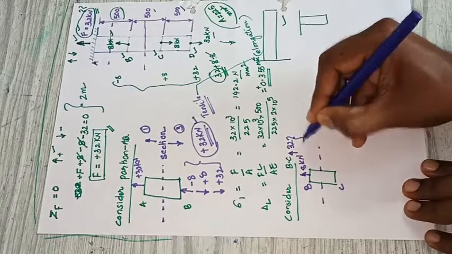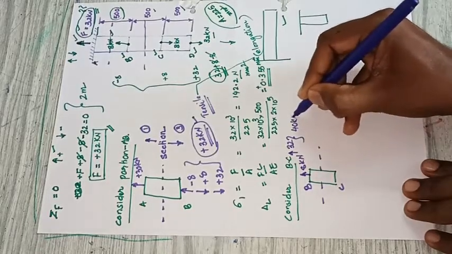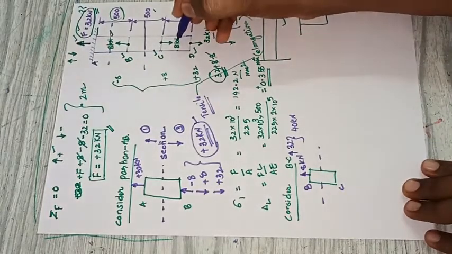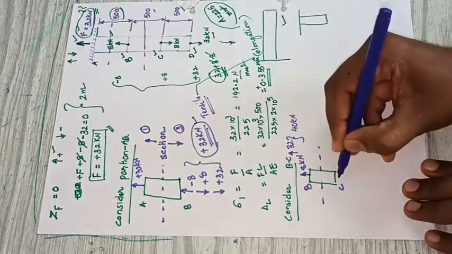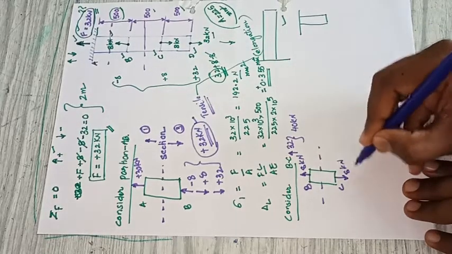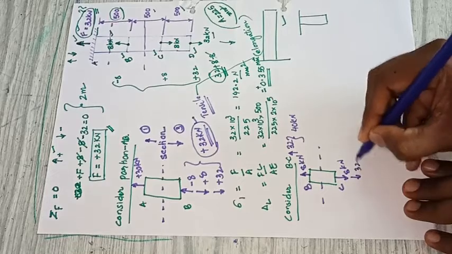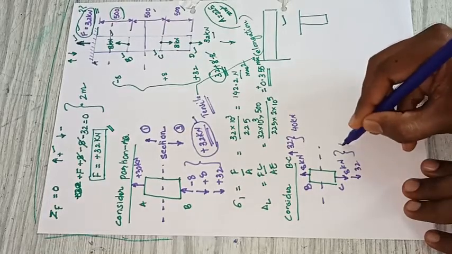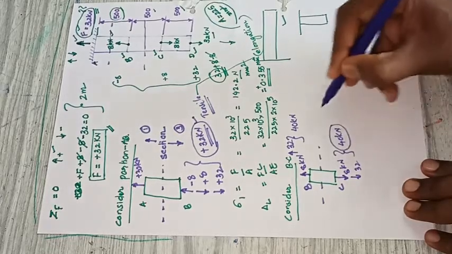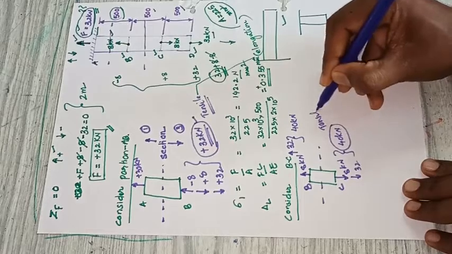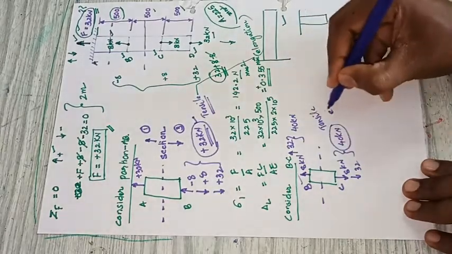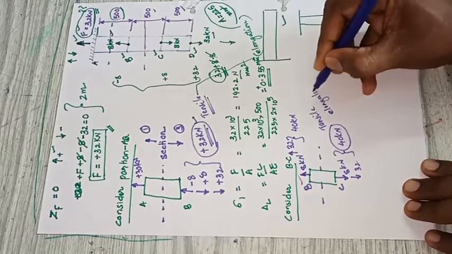I will make a summation of that. It is 40 kilonewton, acting above the section. Then I will consider the forces below. Both are acting away from the cross section. It is 8 kilonewton as well as 32 kilonewton. If I make a summation of that, it gives 40 kilonewton. That means 40 kilonewton tensile force is acting on the portion BC. Tensile force means there is an elongation in the bar.